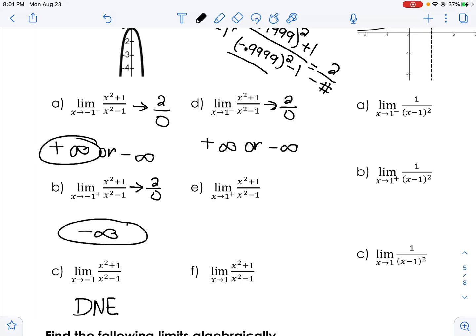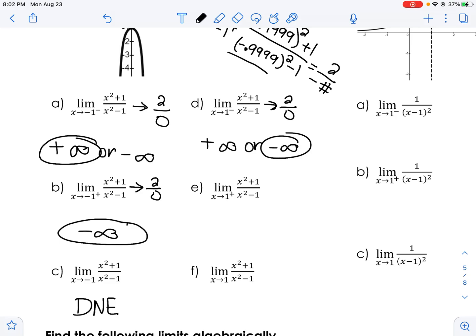Okay, so now I'm going to pick a number that's really, really close to 1. So let's do this one's going to be a positive 0.99999. And when I plug that in, I get 2 on top, but 0.9999 squared minus 1 is going to give me a negative number, which makes my whole fraction negative,